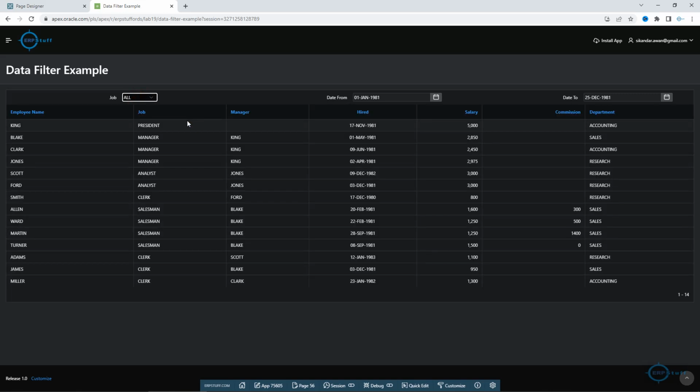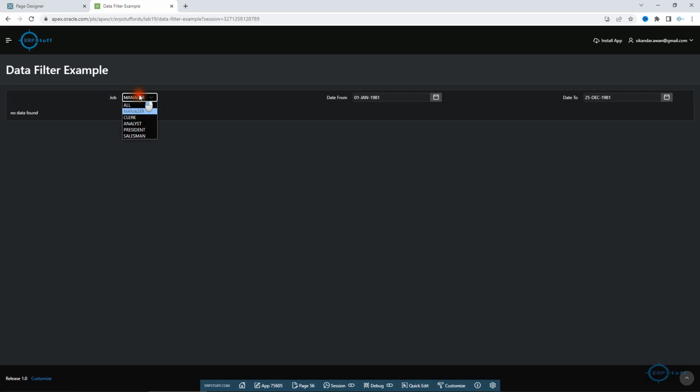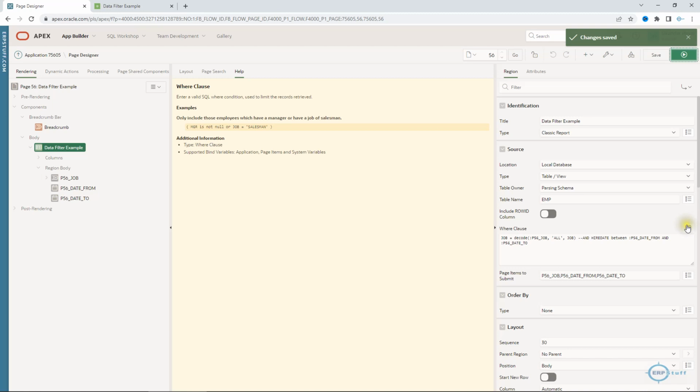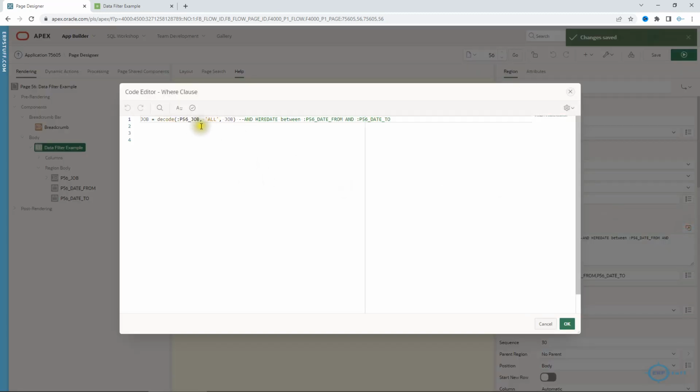Nothing. See, now it became okay. If I will put manager, it is not giving us any data. Why? Because in this decode, I said only condition for all, right,